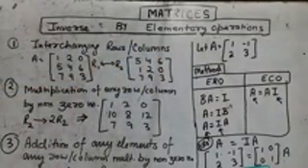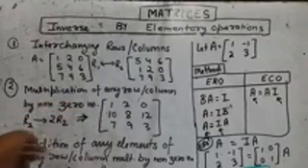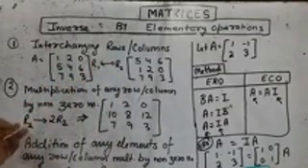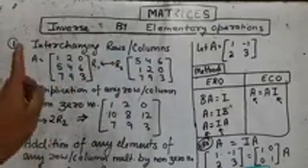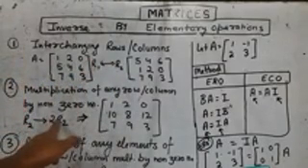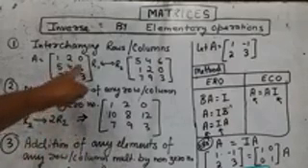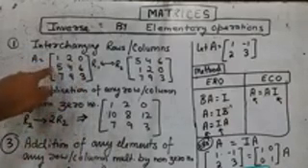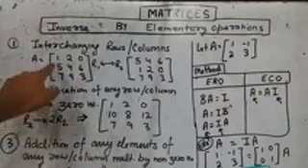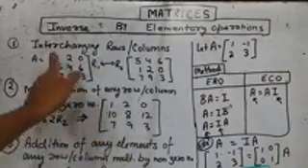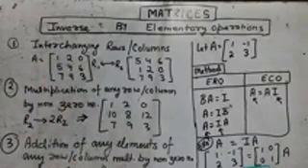Now second, multiplication of any row by a non-zero number. Here the arrow is only on one side because we are not interchanging the rows. We are just changing a single row by multiplying that row only with the number 2. This is the second row. Multiply these numbers by 2 as said in this operation. 2 5s are 10, 2 4s are 8, 2 6s are 12. The rest of the rows remain unchanged.